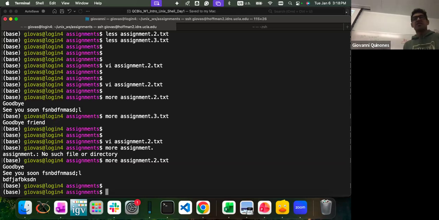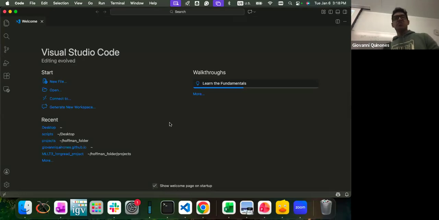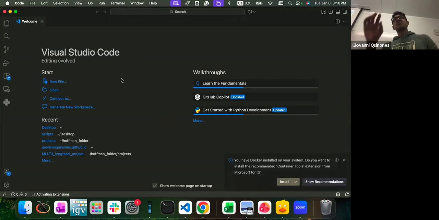Now, some of you may be wondering why is it so difficult to edit things on the command line, right? Or is there any option to Vim? And there are. Actually, most of the time when you're working with a command line or where you are writing code and submitting jobs, you need an IDE, so a user interface. What I use is Visual Studio Code. Now, the way this works is that you can install these interfaces, and then you can connect them to Huffman.